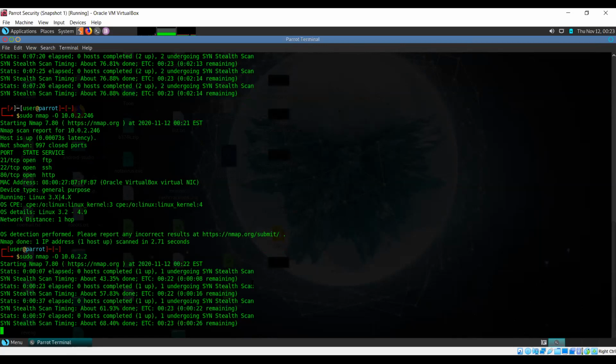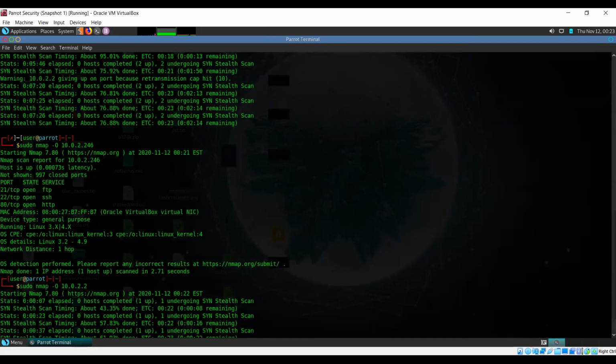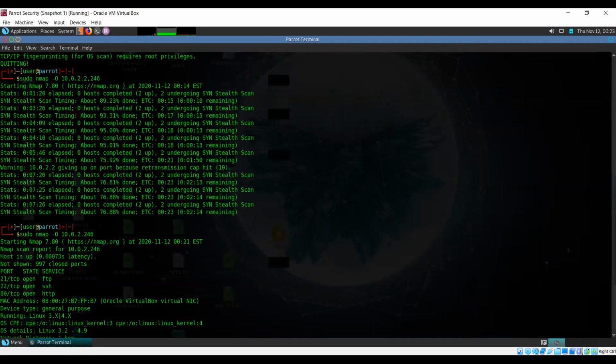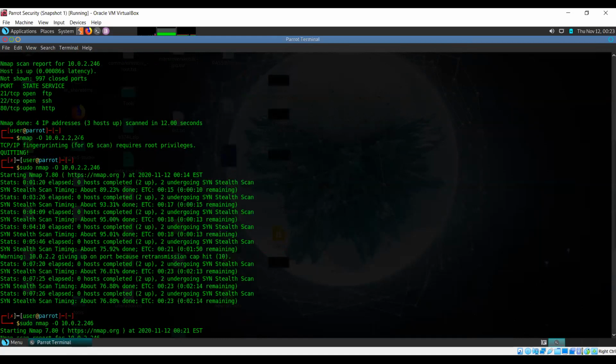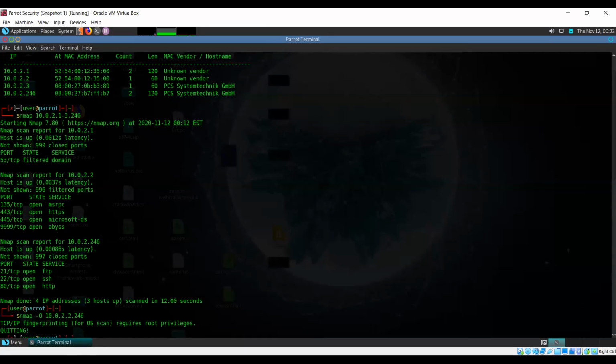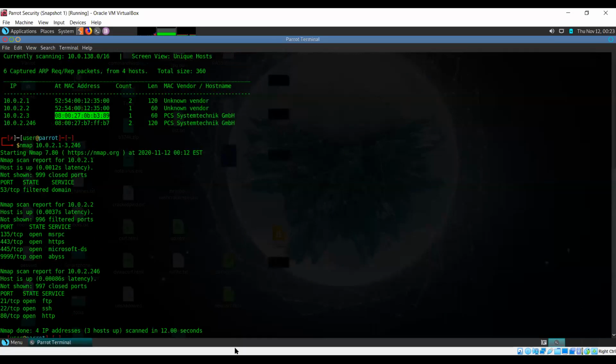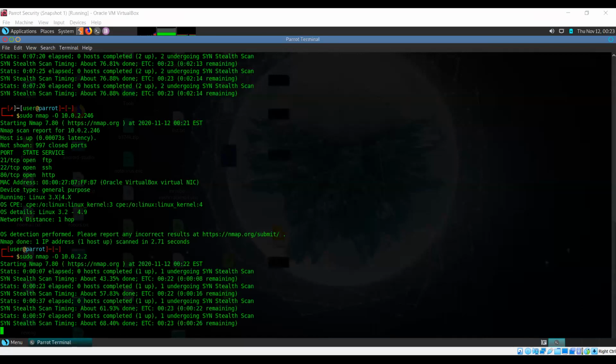2.3 is definitely not a device that's up and running currently. It also belongs to a virtual machine, but that virtual machine is not running. That must have captured an old request floating around in the VirtualBox network, which is kind of an issue that you get with virtual machines sometimes.